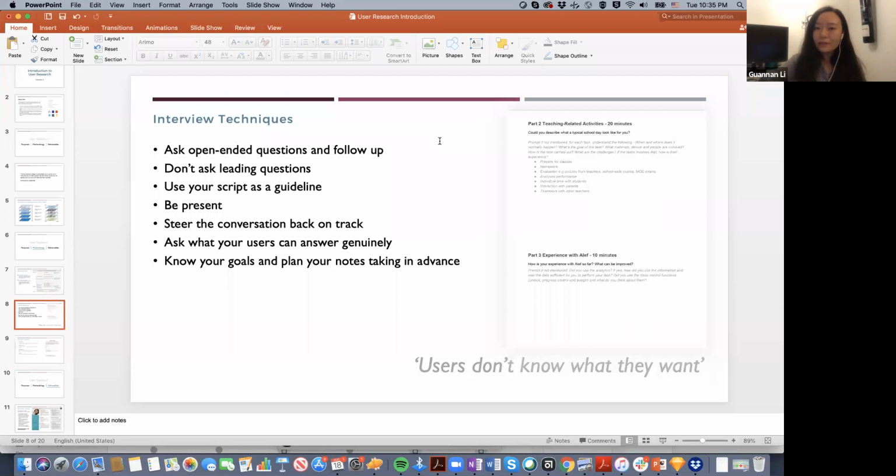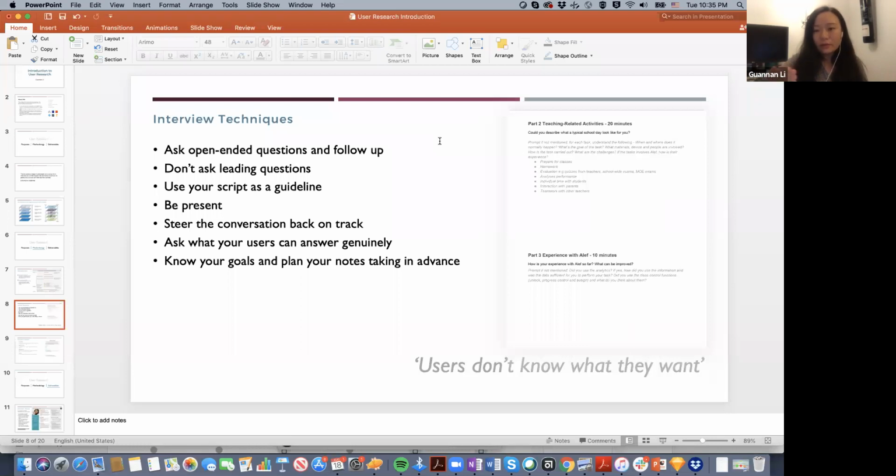What did you like? What didn't you like? Did you find any challenges? You find certain things really difficult? So you ask them a very open question. Tell me something about when was the last time you were trying to learn a language? You start from there, you ask them to tell you the story, and you follow up depending on what they